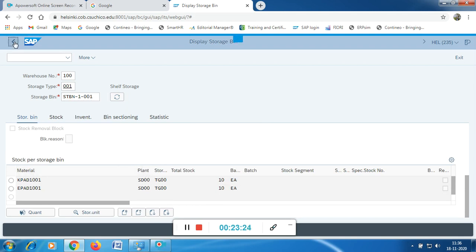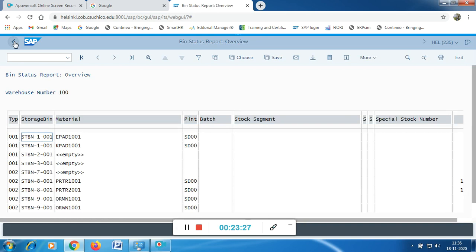So this completes your warehouse management steps. There are totally, the very first step, creation of purchase order. Second step, receiving the goods, which is called goods receipt for purchase order. Third step, you check the stock or check the inventory, which is called stock overview. And the fourth step is run bin status report to check which bin is empty or which bin you want to save. Fifth step is creation of transfer order. Sixth step is confirmation of transfer order. Seventh step is run bin status report once again. So totally 7 steps are there. It's pretty much easy. So this completes your warehouse management module. Okay, thank you.